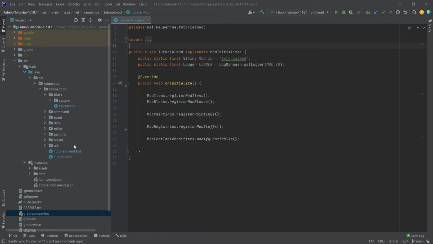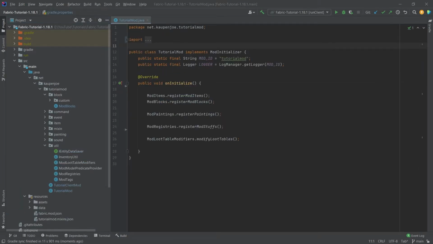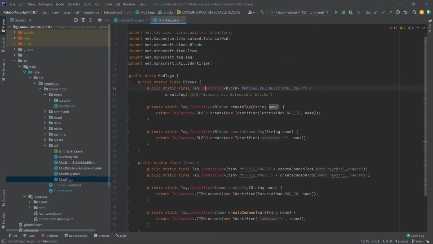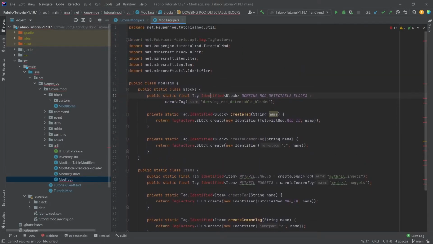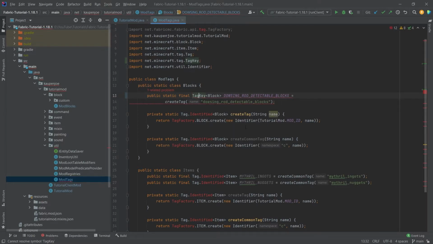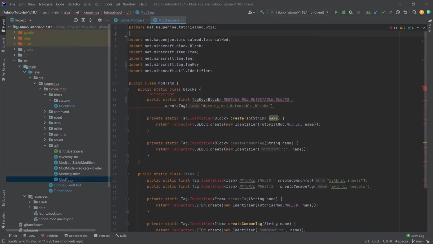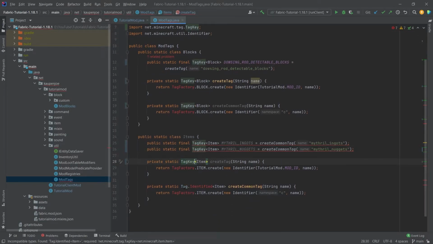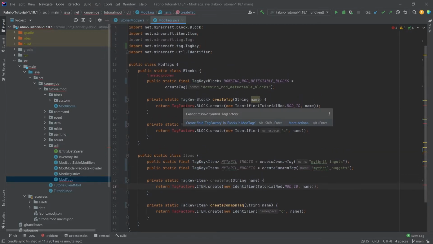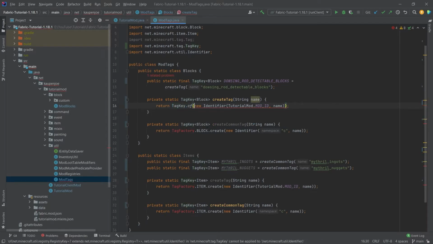And now we'll immediately be greeted with some issues, and that is going to be in the ModTags class. There you go, because Tag.Identified does not exist anymore. Now, luckily, the solution here is very, very straightforward. We just replace this with TagKey. I'm going to import this class, clicking on it and then pressing Alt and Enter. And then we can just basically go through and change all of the Tag.Identified to TagKeys. And now instead of having .item here, what we do is we're using TagKey.of, and then we need to pass in as the first parameter